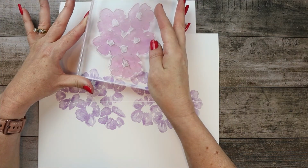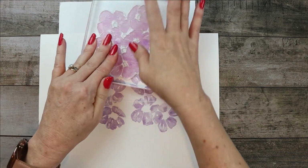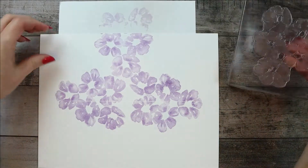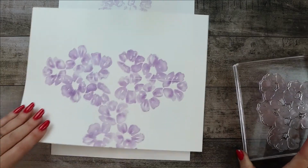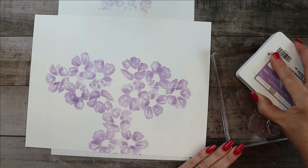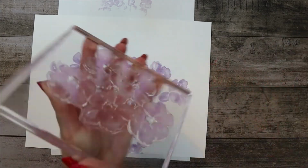I'm going to just sort of make it fit along this particular axis. All right, I'm going to push it down. Lift it up. And then we'll turn it. Do the same thing. Ink it back up with Highland Heather. And turn it